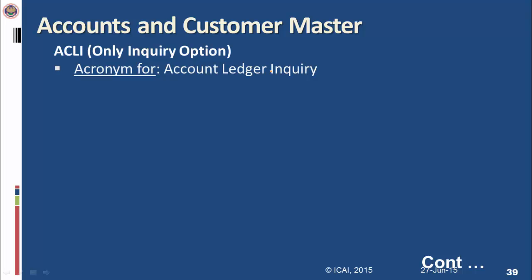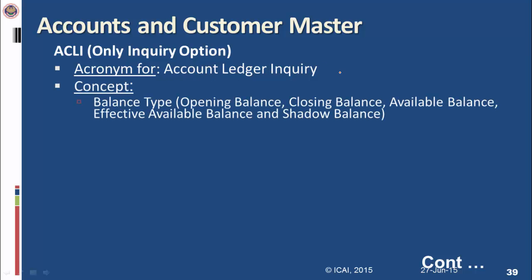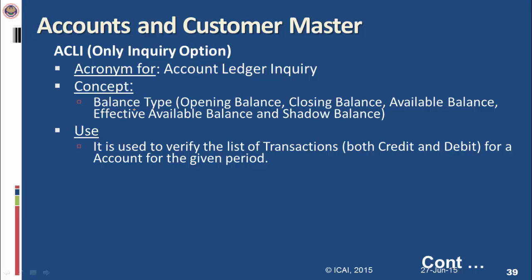ACLI, an excellent command for the general ledger, is used for verification of ledgers. It is the acronym for account ledger inquiry. There are various balances available in that command: opening balance, closing balance, available balance, effective balance, and shadow balance. Now opening and closing is a normal arithmetic balance. Available balance means